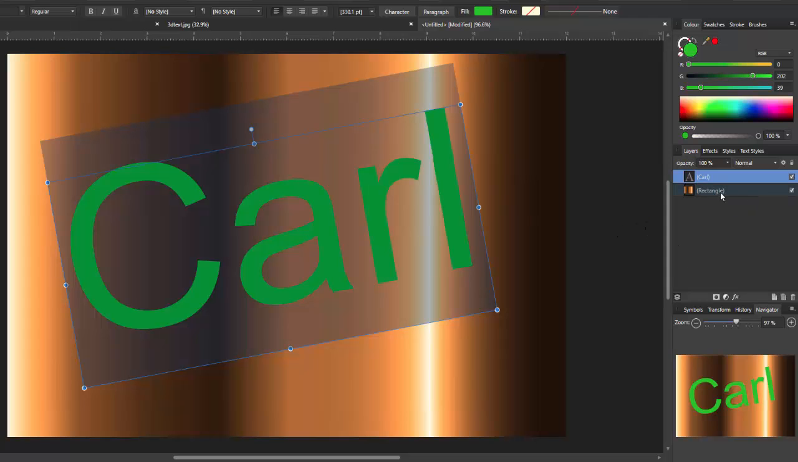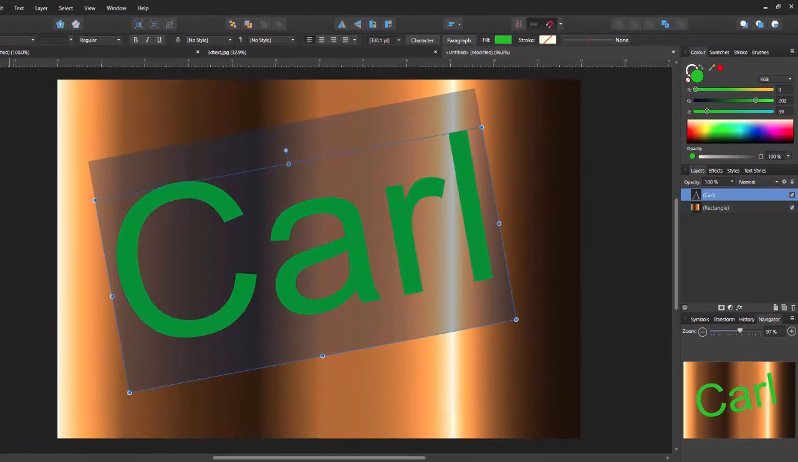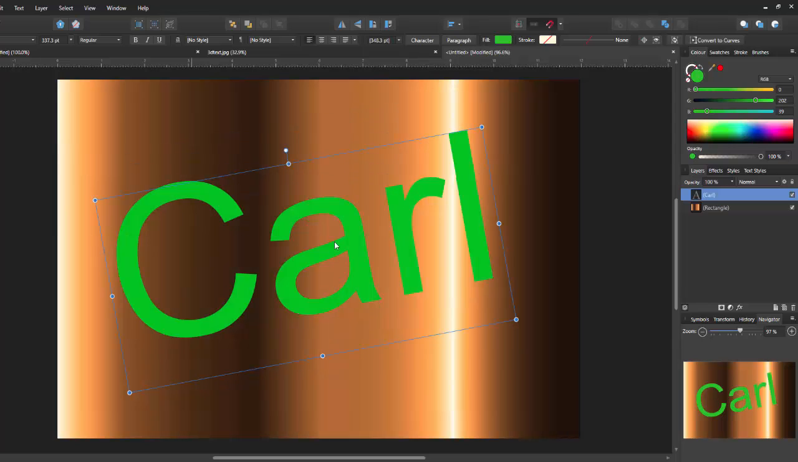So I'll just come back to my layers. So I've got the background layer and I have the text layer. I'll just come off of that tool. So we have the layer highlighted here, and then the next thing I want to do is to convert this to curves, and to do that there's a button up here in the top section of the screen. You just click on convert to curves,